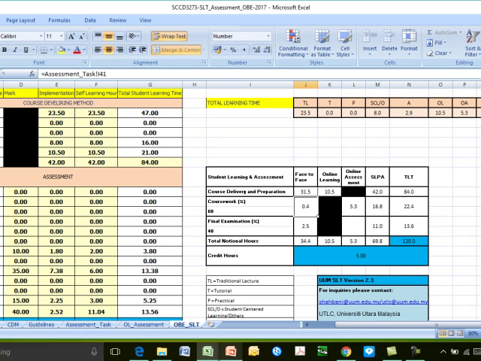In total you have 120 credit hours, and out of this 120 hours, basically you will use 84 hours for teaching and 36 hours for the assessment. And this section we will use to complete our syllabus in